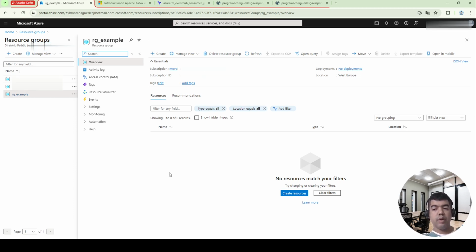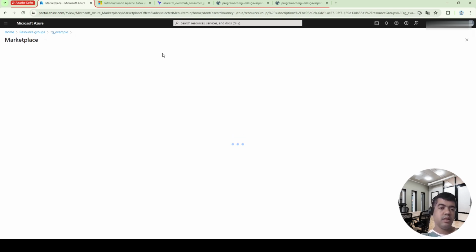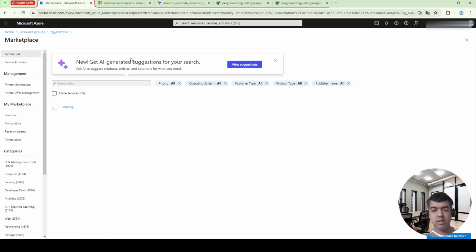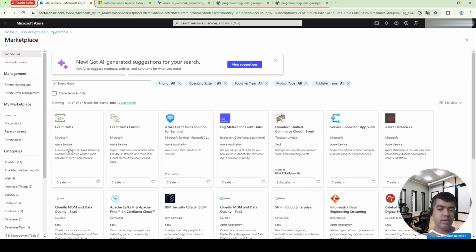Now we will create an Azure Event Hub namespace. In the resource group, click on the Create button. Search for Event Hubs and press enter. Choose this and click on Create.